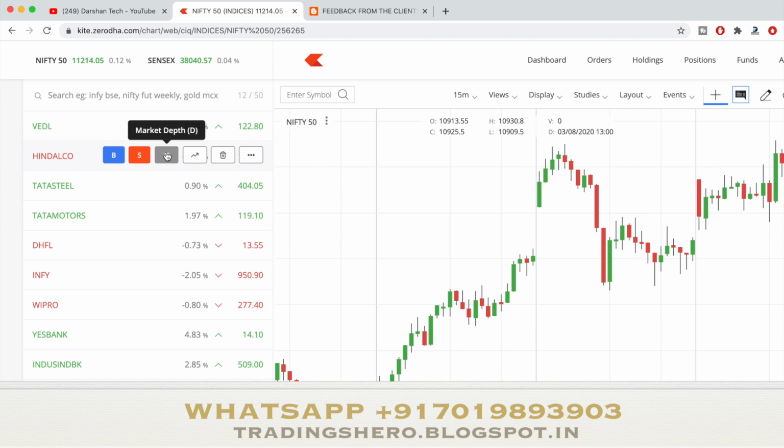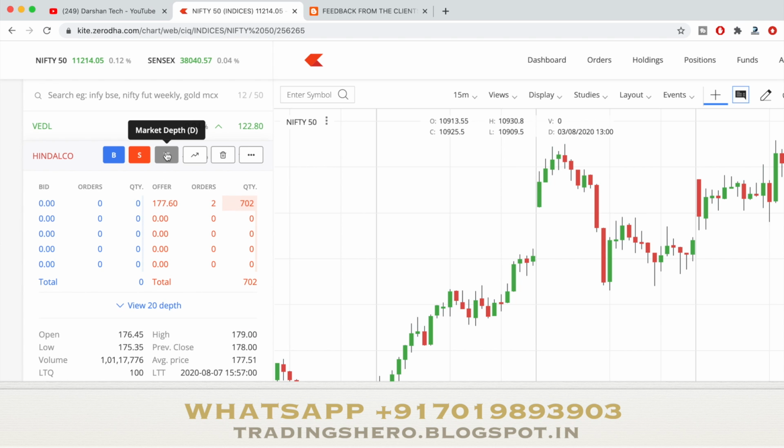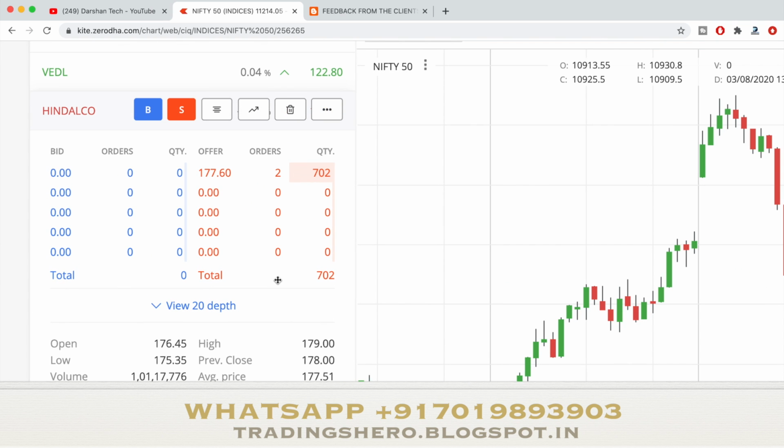So check the market depth. Whatever stock you select to trade, before you place your order, just check the market depth and see how the volume is and what the previous close is, so that you come to know briefly what's happening in the stock. And in the market depth, make sure you see the total number of buyers and sellers before you place a trade, and select a stock which has a difference of almost 1 or 2 lakhs between the buyers and the sellers, because that will briefly tell you which side the stock might go.